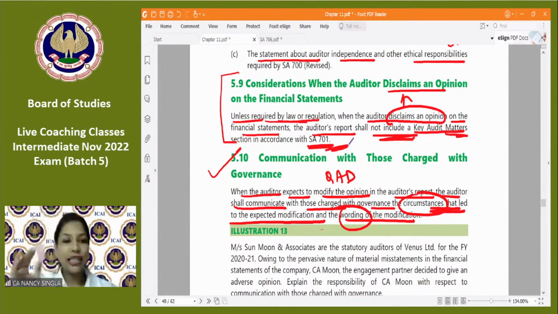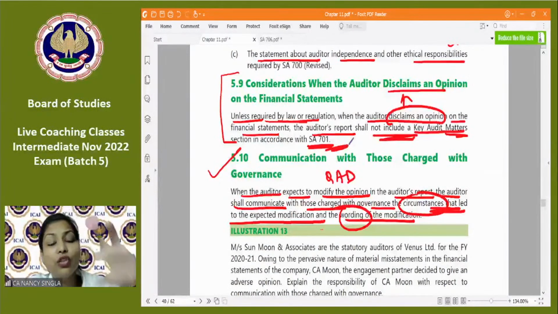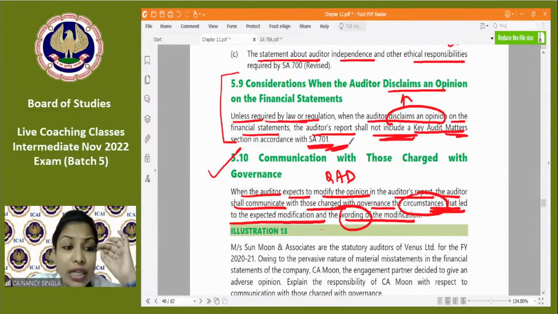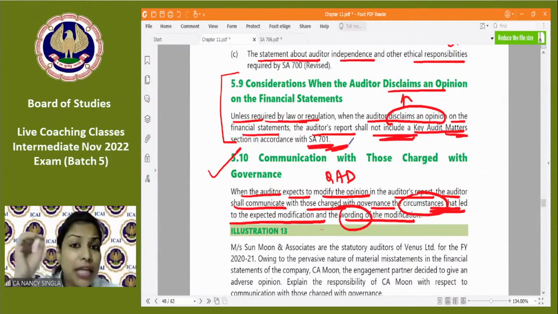ठीक है। सो basically जो भी हमने key audit matter और EOM, OM पढ़ा ना, यहाँ पर हमने क्या पढ़ा है, that we are giving additional information to users। Key audit matter में हम क्या बता रहे हैं, listen to this carefully, that out of the matters discussed with those charged with governance, these are the matters of most significance जहाँ auditor का significant time लगा, significant judgment लगा, significant management judgment लगा है,